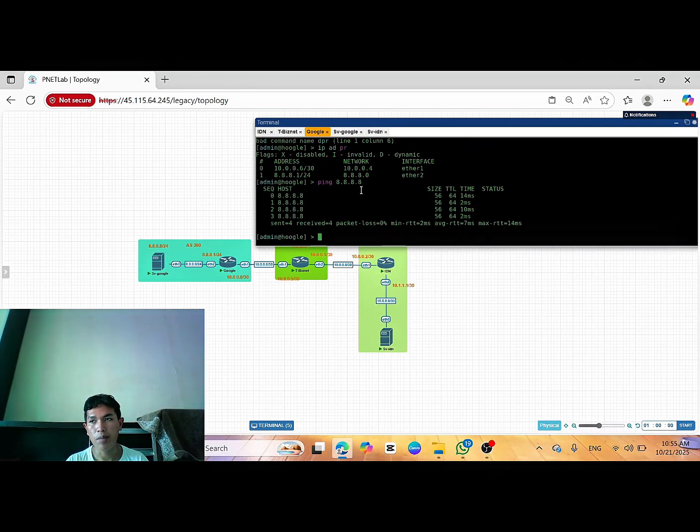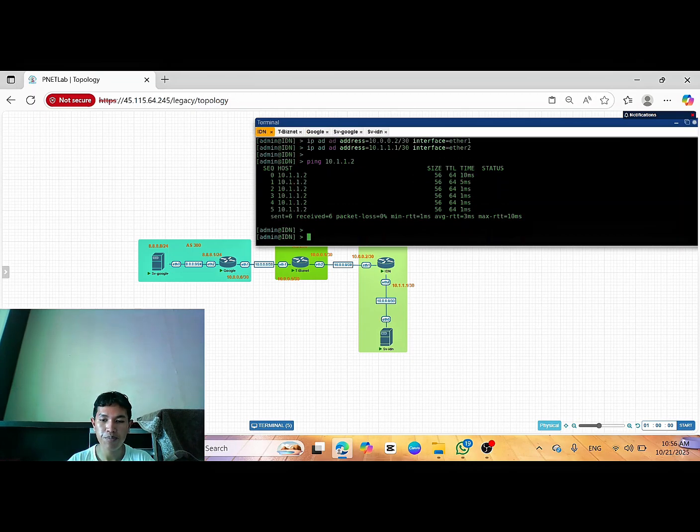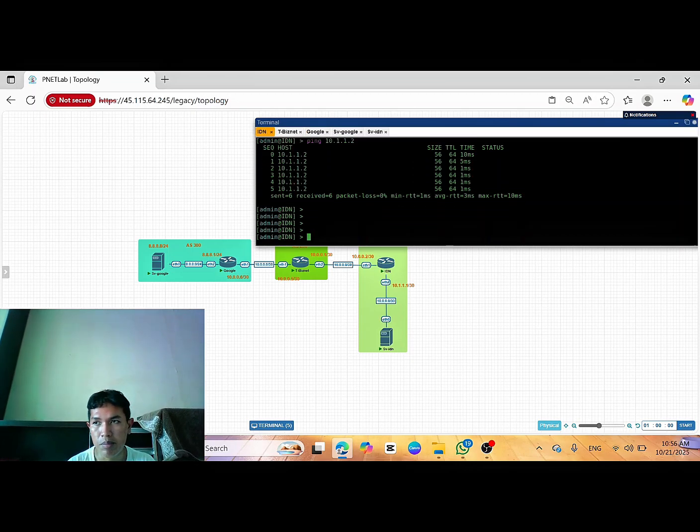Okay, for the next step, step 1 was adding the IP addresses, and after that, step 2, we add the config for BGP implementation. First, routing BGP instance set default AS.